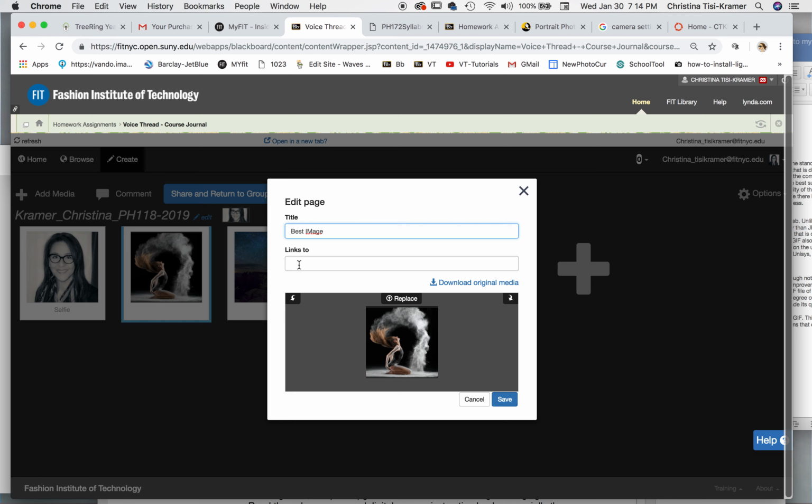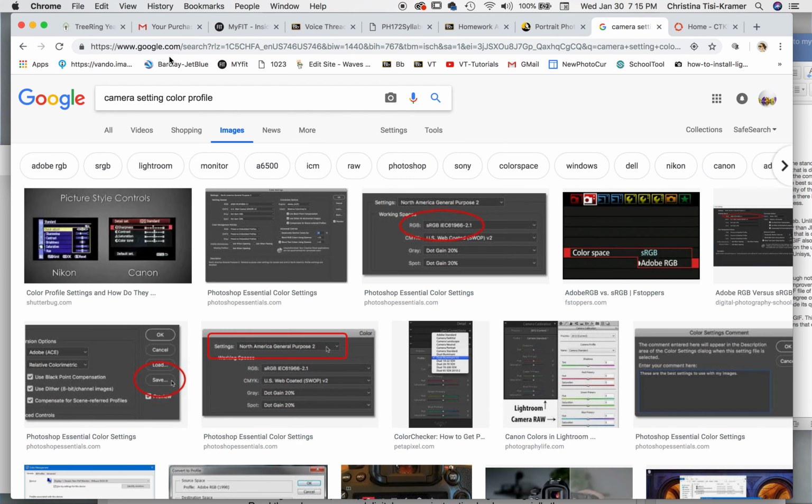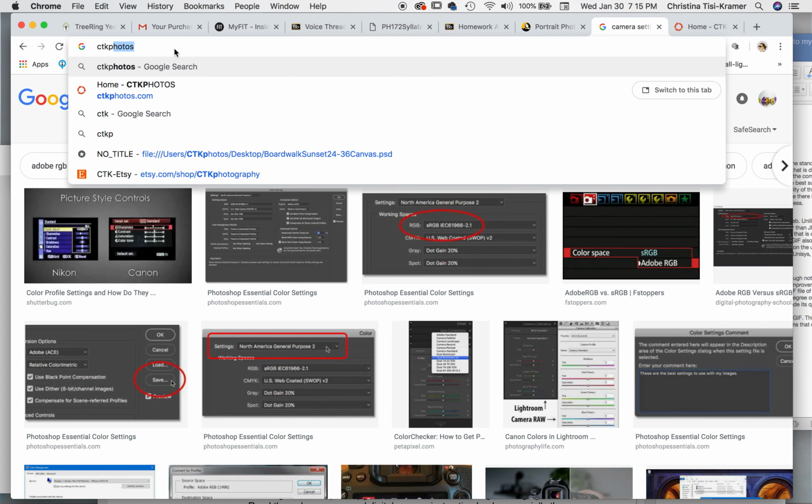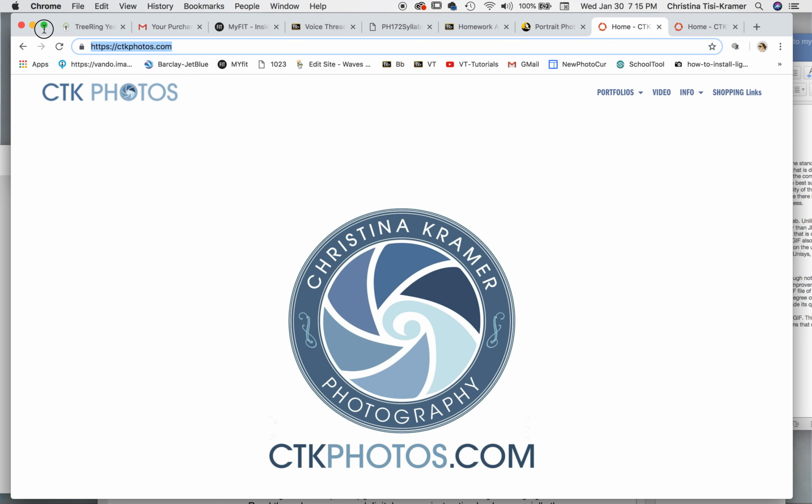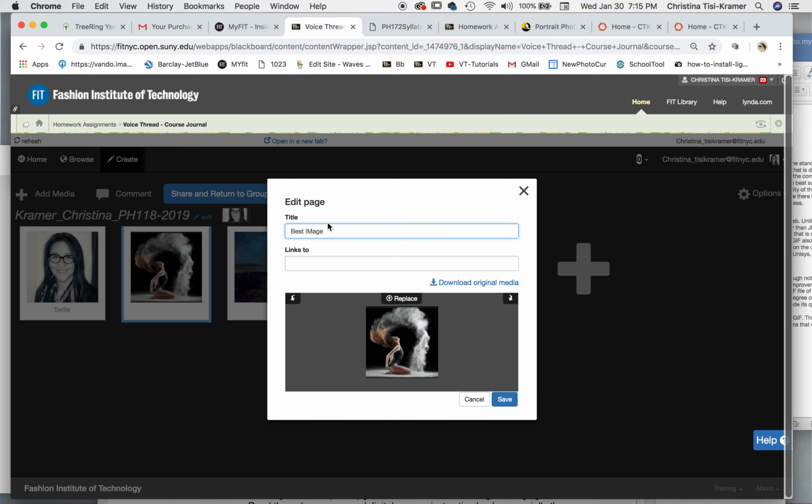And links too, well, that's how you add a link. So I'm going to scroll up here, and I'm going to just come up in here, and I'm going to put CTK photos, and I'm going to get my link really quickly. Command C. I'm going to go back into my VoiceThread, and I'm going to do Command V, and that's the